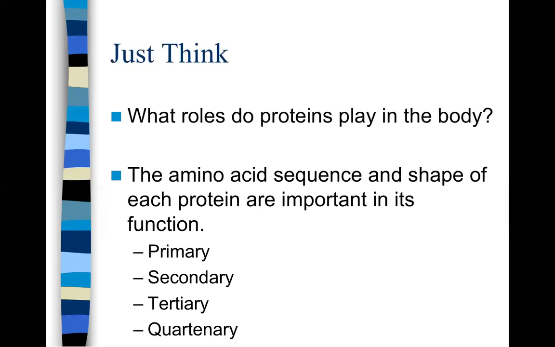What allows proteins to play different roles in the body is protein shape. And protein shape can be described in four different categories or structures. We have primary protein structure, which is just the sequence of amino acids. We have secondary protein structure, which involves polypeptide shapes that are created between different sequences of amino acids and weak